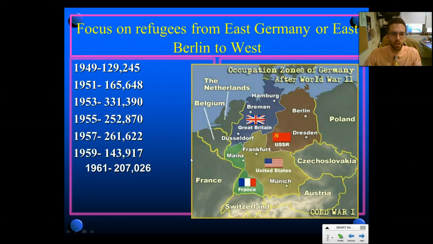The next issue. Okay, back to Germany. You look at here. These are people fleeing out of East Germany, East Berlin, and going into West Berlin. Okay. Hundreds of thousands of people trying to get out. Now you think about what type of people would try to get out. Okay, it's the people that don't want communism. They want to be able to work hard, make money, have freedoms, be able to vote, democracy, and it's a lot of the best and brightest.